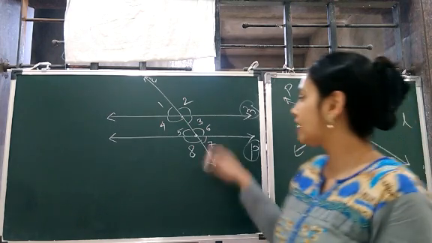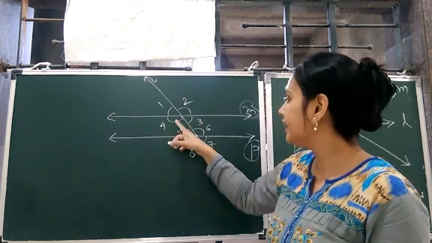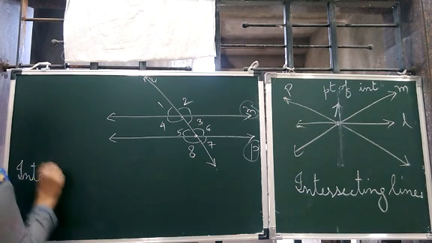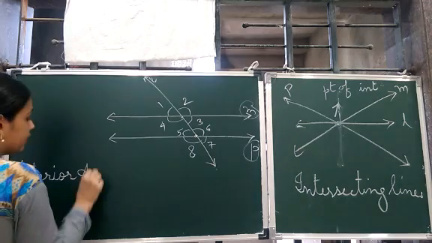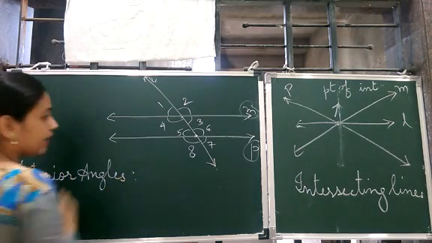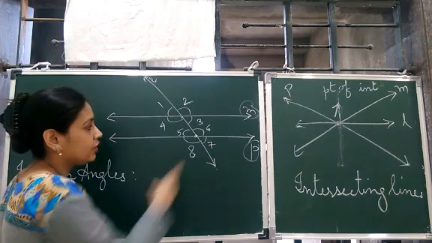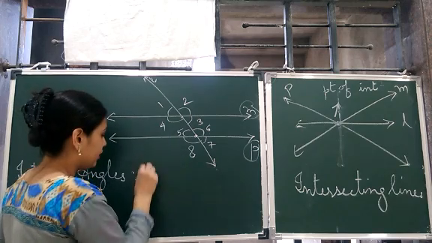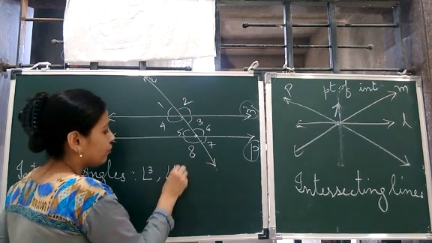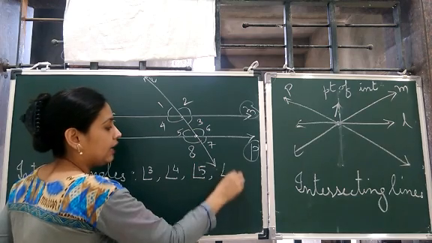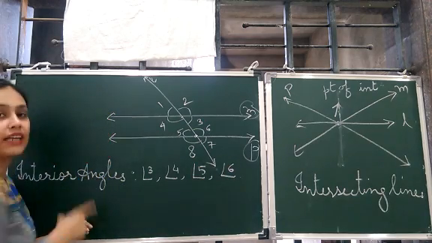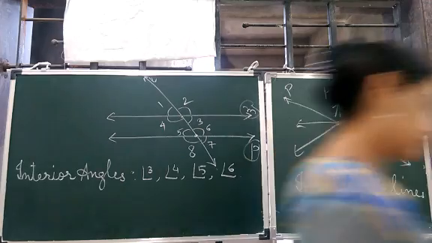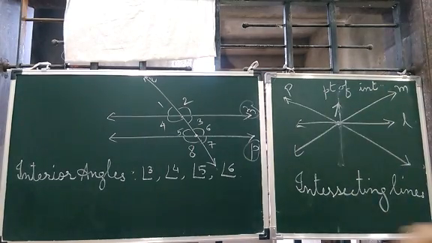First and foremost, let's have the interior angles. Interior angles मतलब अंदर के एंगल. So who all are interior angles? Let me write. Interior यानी अंदर. Who all are interior angles? If you see, you can make out 3, 6, 4 and 5. So angle 3, angle 4, angle 5 and angle 6 are interior angles. क्योंकि ये angles अंदर है ना, lines के अंदर है. Got it?